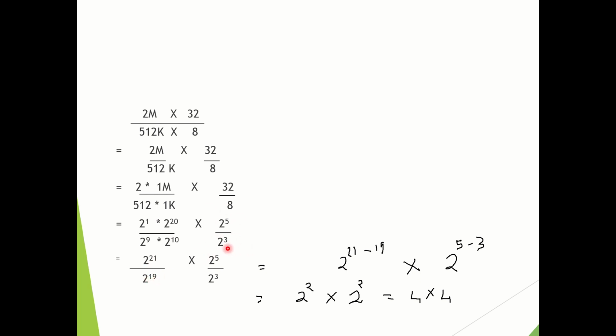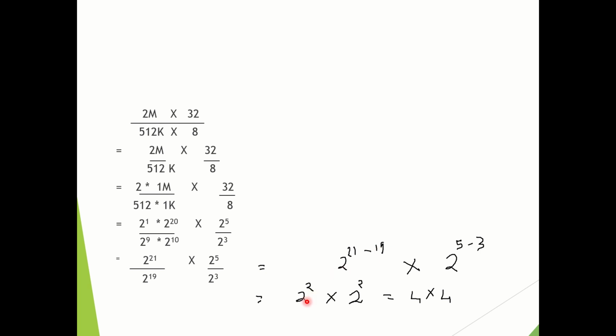The column part is 2 to the power 5 divided by 2 to the power 3. So what result will we get? This is the same as 2 to the power 21 minus 19. In the case of an array, we use this as 'by' in order to specify the order. 2 to the power 5 minus 2 to the power 3 is equal to 2 to the power 5 minus 3. So this value is equal to 21 minus 19, which is 4.